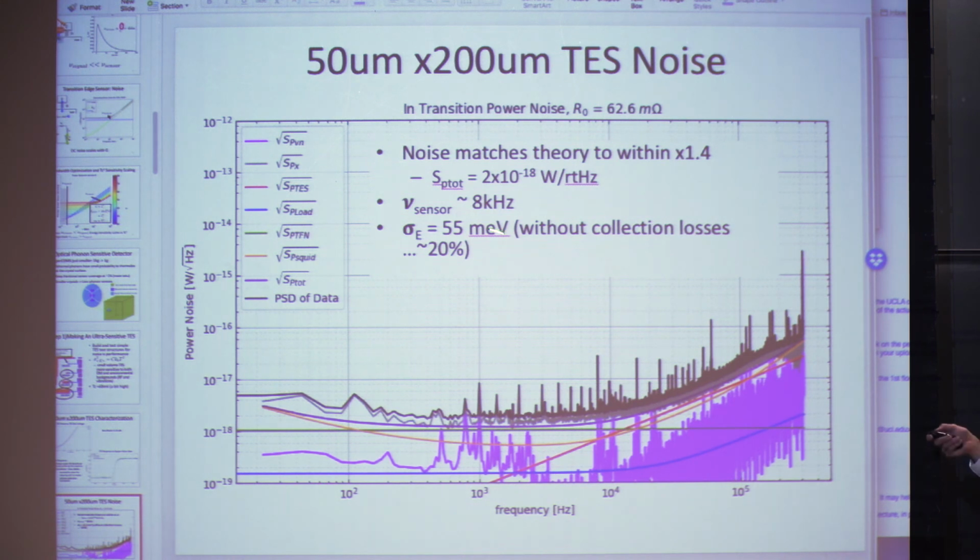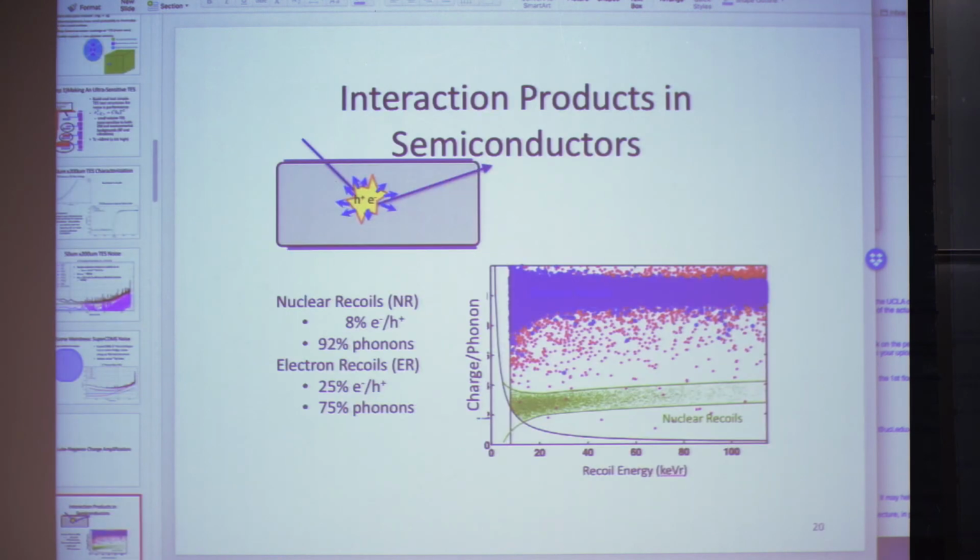So if you plug and chug at 8 kilohertz, you find that this device has 55 milli-eV resolution. So we're starting to get into this range that we wanted, right? The eV scale was the important scale we were seeing for lots of those devices. For electron recoil dark matter, what was the important number? It was 1 eV. That was the semiconductor scale. So we're starting to get below that. Now this is without collection losses. So I want to warn you that